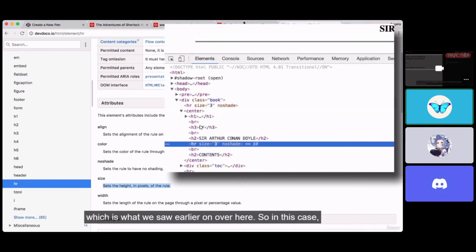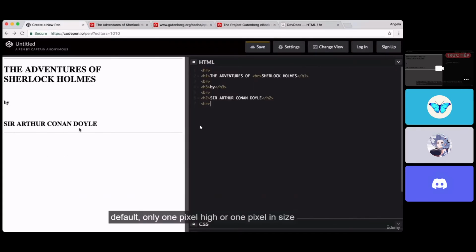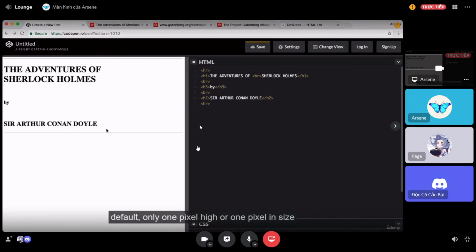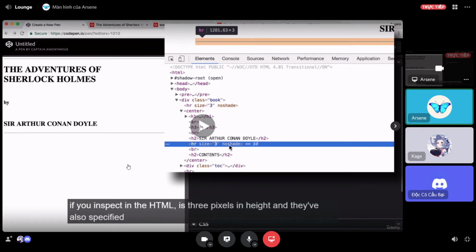over here. So in this case, the reason why their horizontal rule looks different to ours is because ours is by default only 1 pixel high or 1 pixel in size, whereas theirs, if you inspect in the